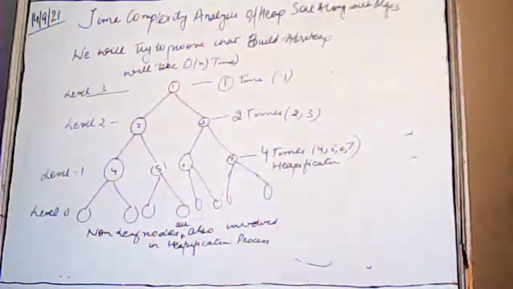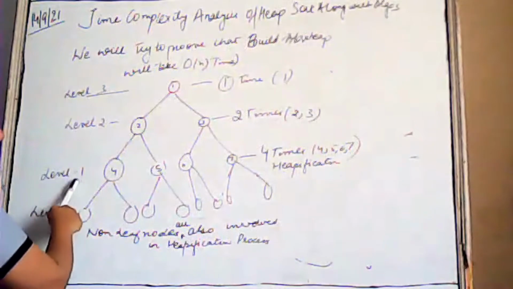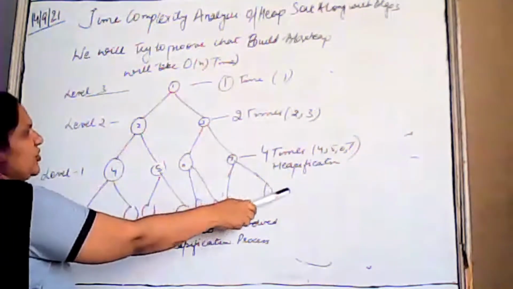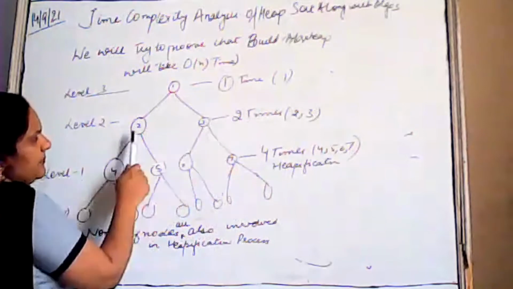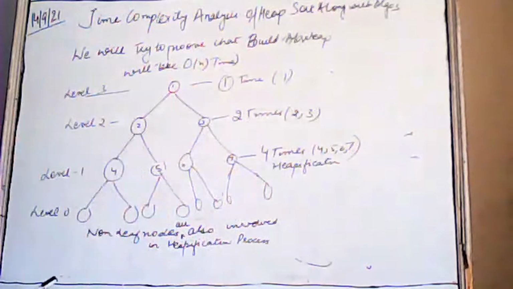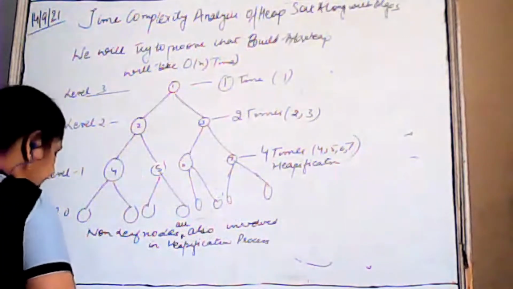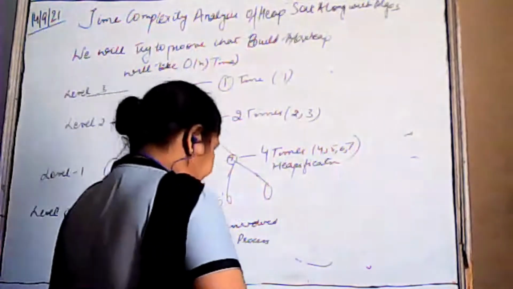So I repeat, this is level 0, level 1, level 2, and level 3. Here 4 nodes are involved. So 4 times heapification process will be done. Here 2 times heapification process will be done. And here 1 time heapification process will be done. So the total time which is taken